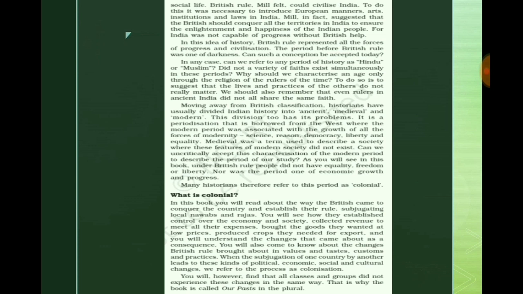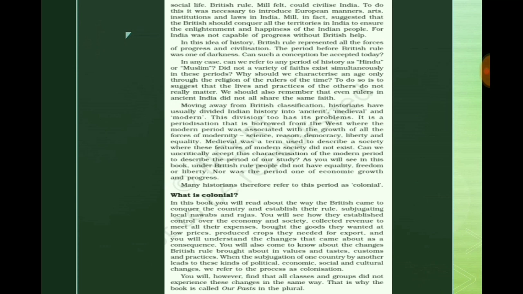Subjugate means what? Subjugate means to gain control over a country, another country. And that main country, the winner country, brings changes in the political, economic, social and cultural fields. Now when the British came to India and established their rule by defeating local Nawabs and Rajas,